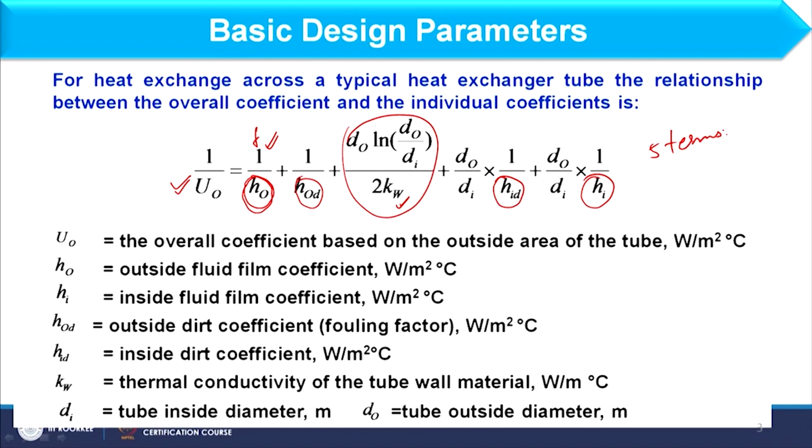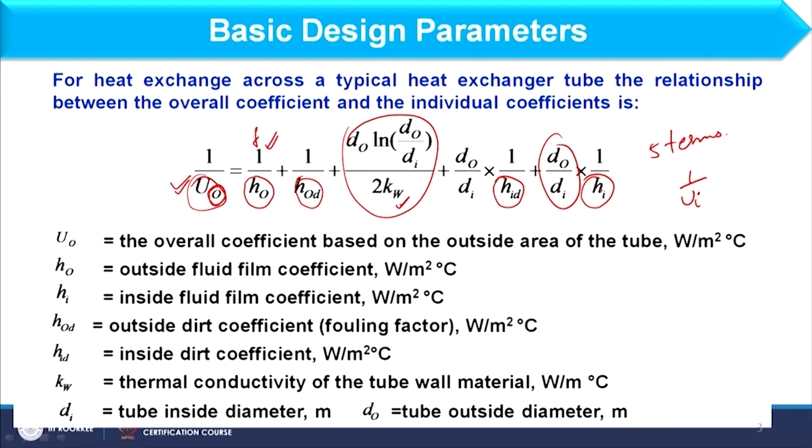Okay. Now, what is this U naught, capital U naught? Capital U naught is the overall heat transfer coefficient considering the outer area. U naught means it is based on the outer area of the tube. Okay. So, if I ask you what can be 1 by Ui,